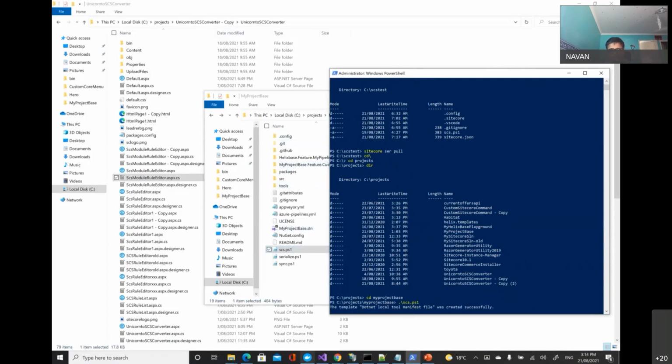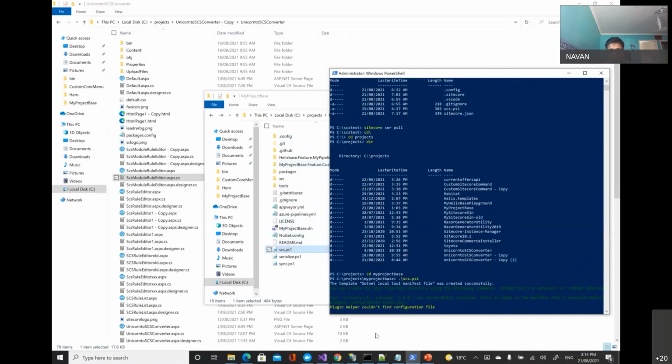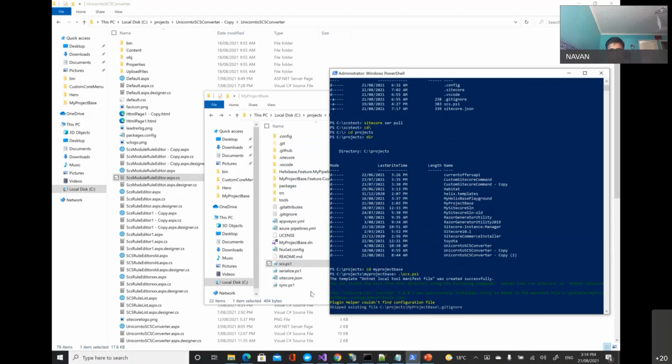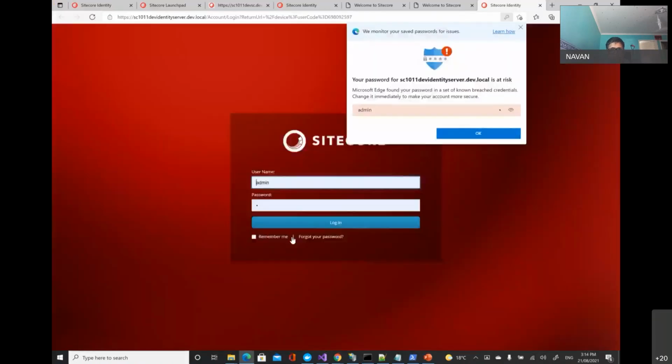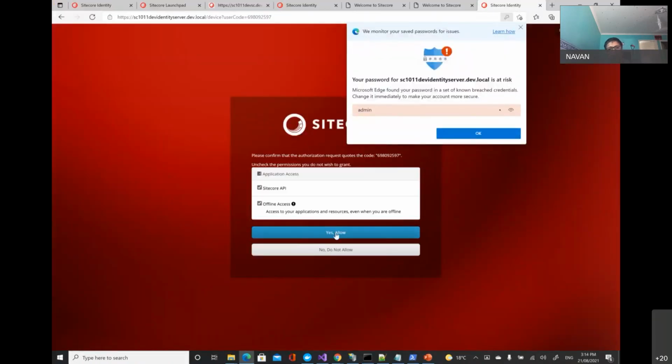It automatically creates this config file and sitecore folder. I log in and provide the access.